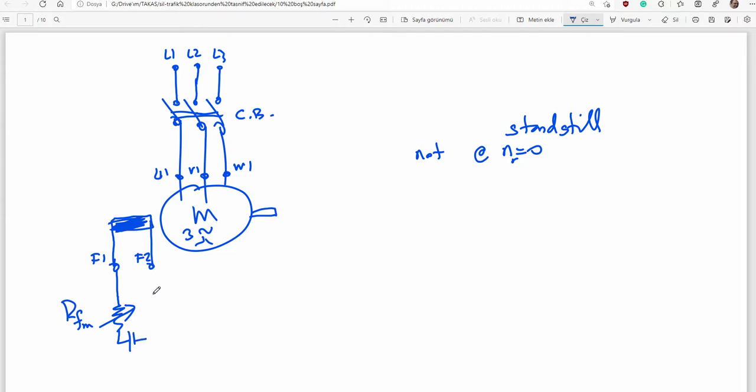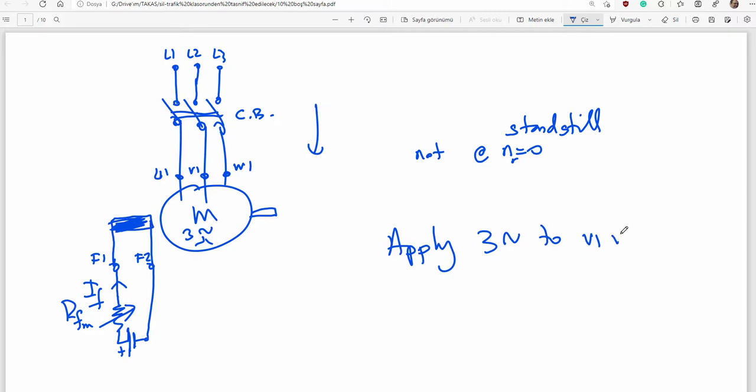And here's an external DC supply represented by a simple battery here. And then here you have an adjustable field current. Ladies and gentlemen, when you switch on circuit breaker, when you apply power to the machine armature, you apply three-phase to UVW. You can imagine rotating magnetic field